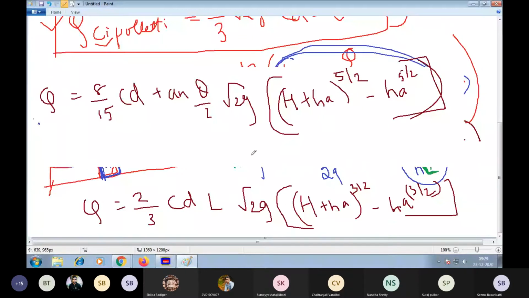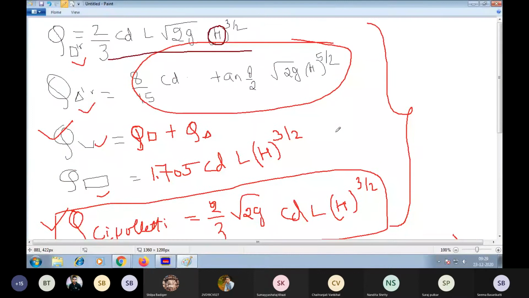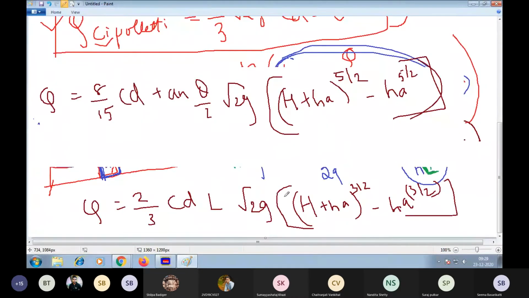Why am I explaining these things? Because in the problem, many students read it and think they have just been asked to calculate only Q without considering the velocity of approach. So make sure that you read the problem thoroughly and then solve it. Is this understood? Are there any doubts? No, ma'am. Then let us solve the problem on this concept.